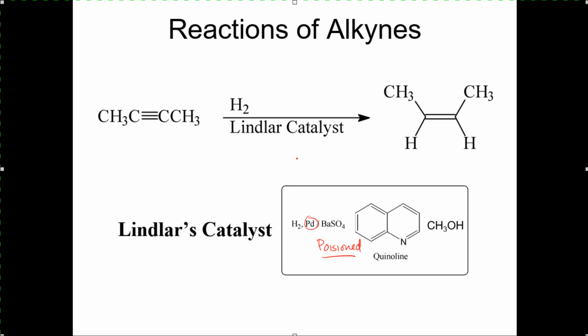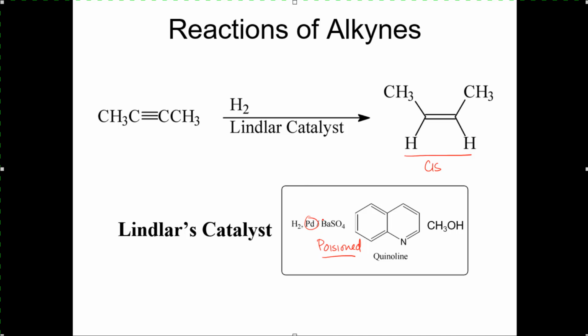So this poisoned catalyst cannot react with the double bond. In this case, I just add one equivalent of hydrogen to the triple bond to form this cis double bond. And so the Lindlar catalyst allows me to form the cis double bond by, again, using a less active